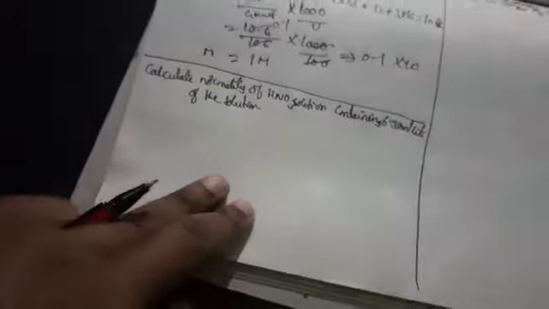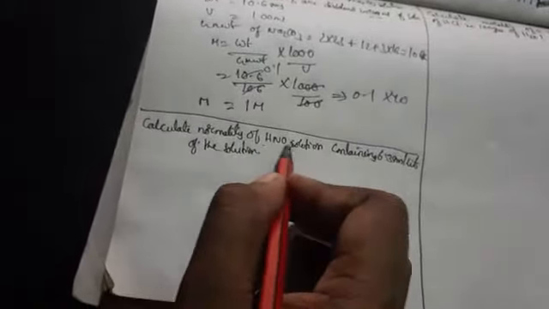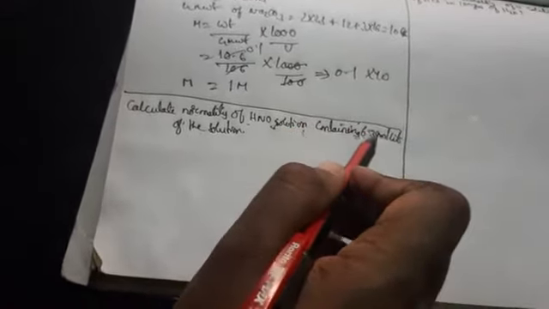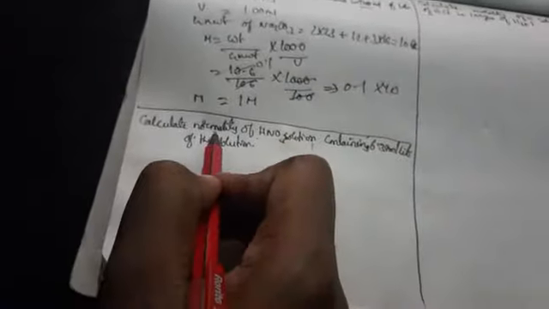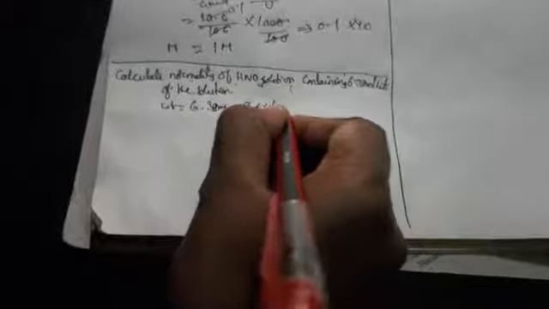So now let us see normality. How do we have to calculate normality? See here, calculate normality of HNO3 solution containing 6.3 grams per liter of the solution. Here the weight he has already given, 6.3 grams. So we have to find the gram equivalent weight. How will you find the gram equivalent weight? Nitric acid, HNO3, is an acid. How many H plus ions are there? Only 1. So gram molecular weight by 1 you have to do.